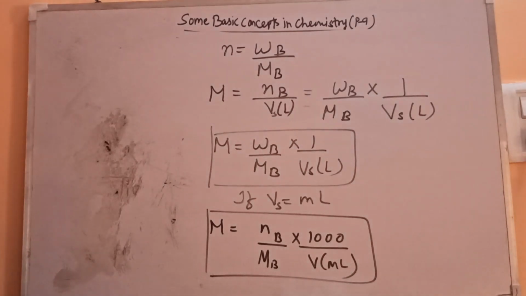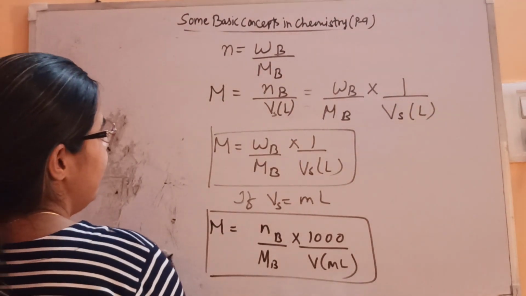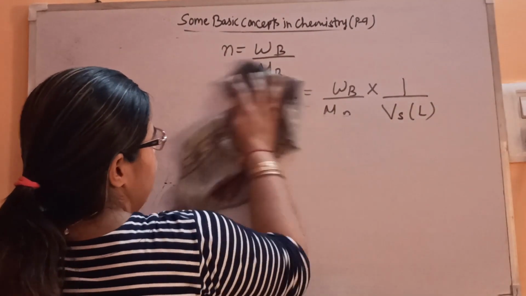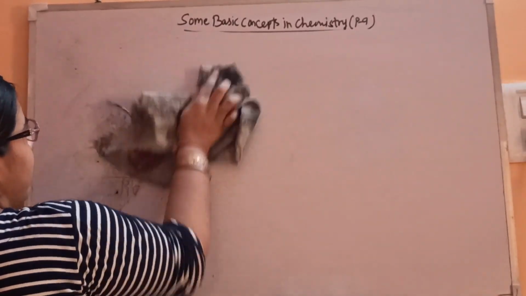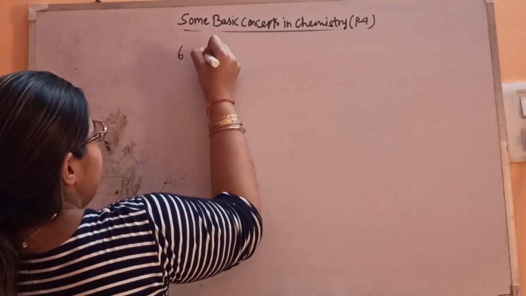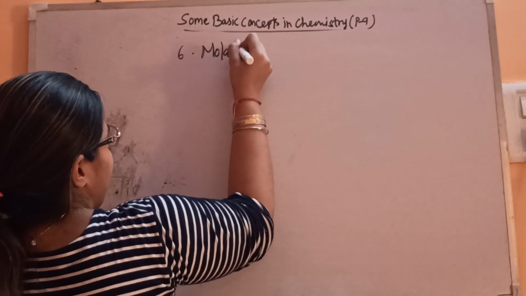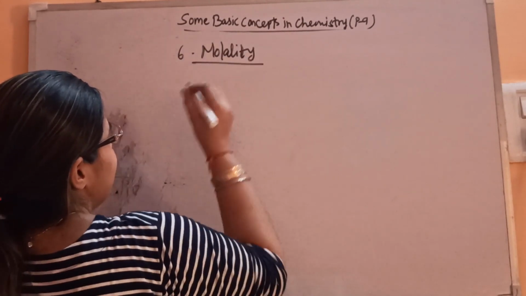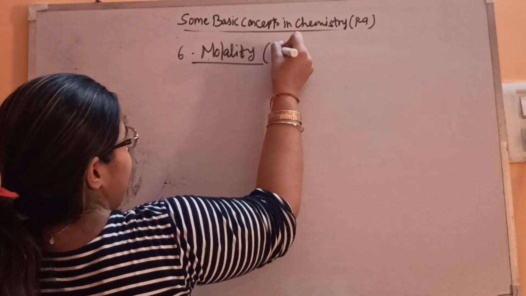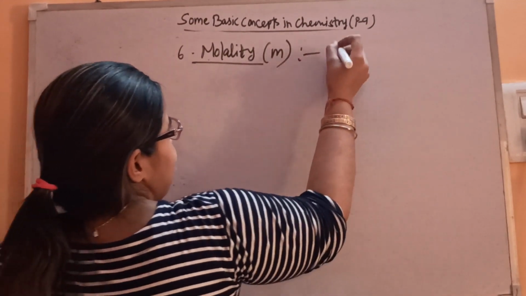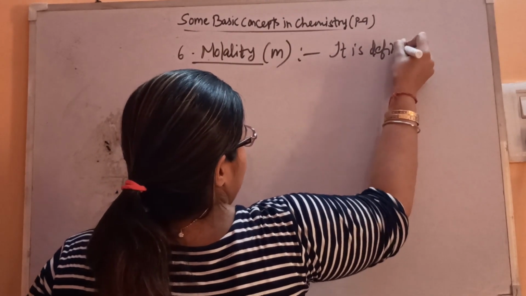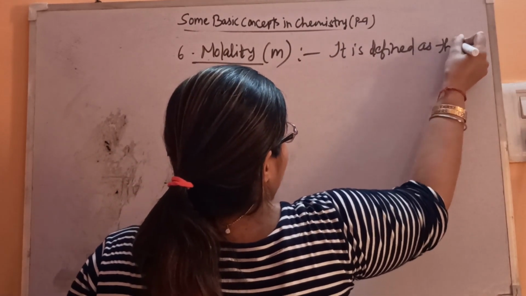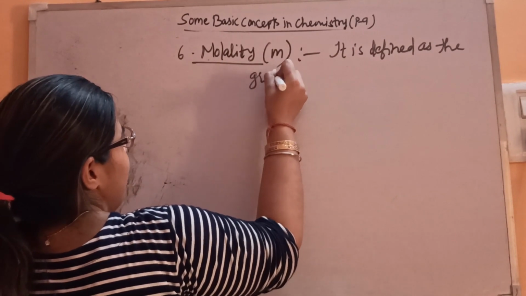Fine. Now let's talk about the next term, that is molality. The sixth term is molality. As the name suggests, molal is coming and it is represented by small m. It is defined as the number of gram moles of solute